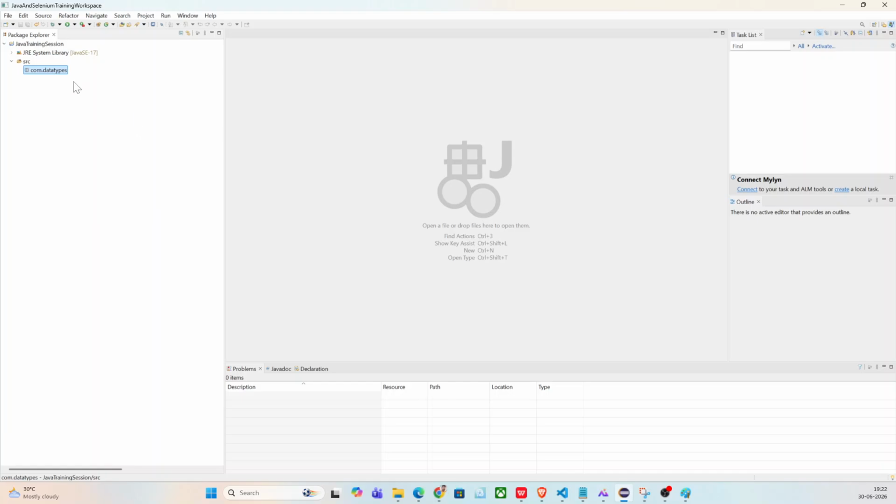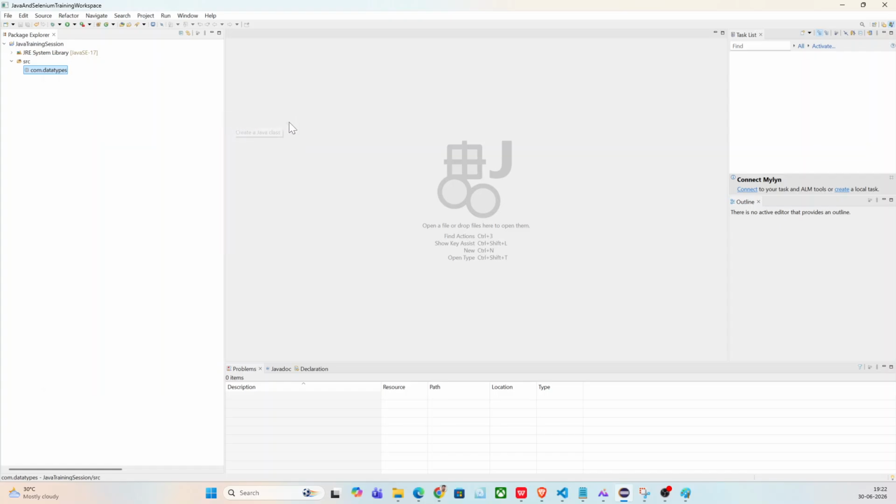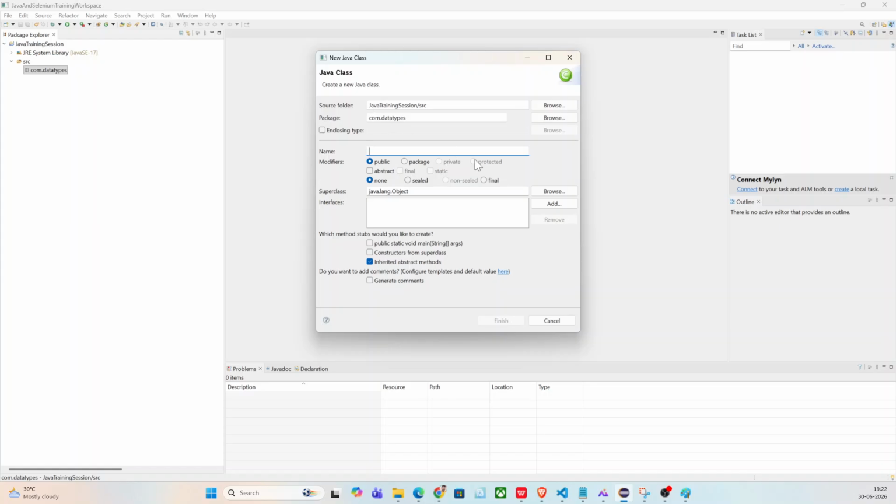So it's a kind of, I would say, a folder. Like how you can save your folders in multiple subfolders, right? Similar to that. Okay, so here we have a package. Under the package, we'll create one class. What a class is and how it works, all these things we're going to learn in the future, but this is just to create a class file. Okay, so we can create DataTypes